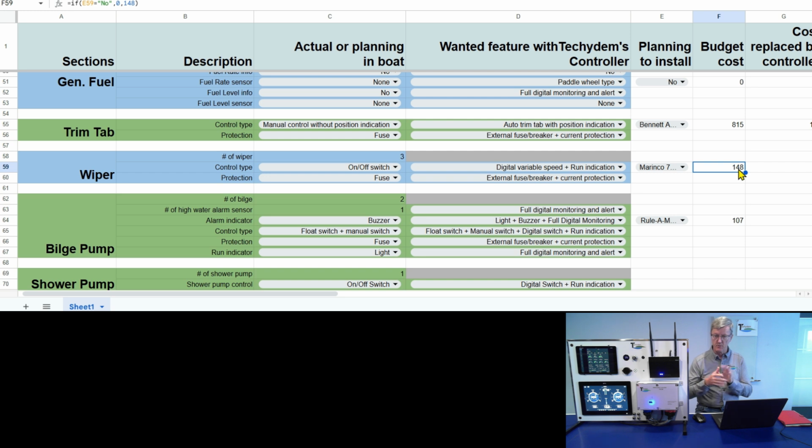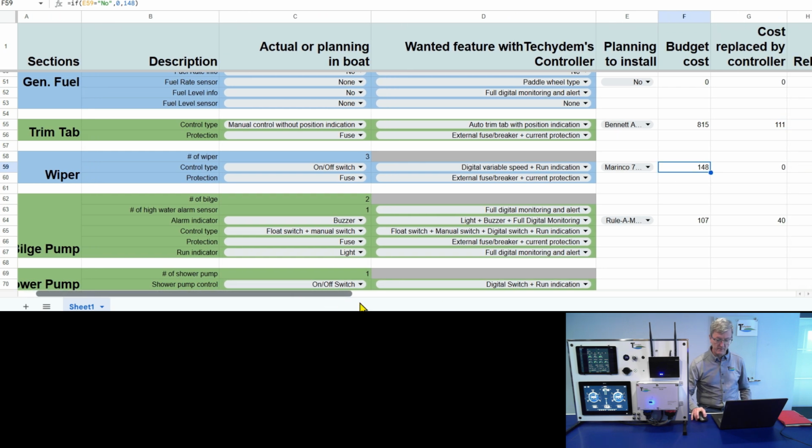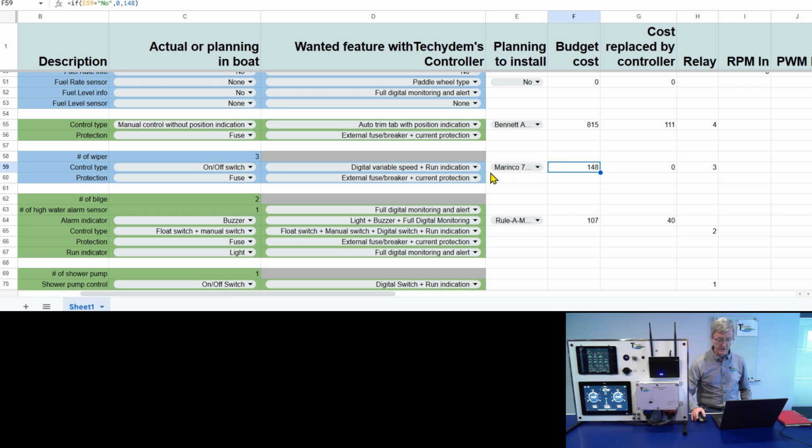So don't worry too much if it's not exactly the right price. It's just to have a budget. So you'll be able to get a pricing of a feature like, for example, here, this 148. Since this controller does support that feature, that means that if you were planning to have this intermittent wiper control, then you will not have to pay for this. So it will play in your decision.